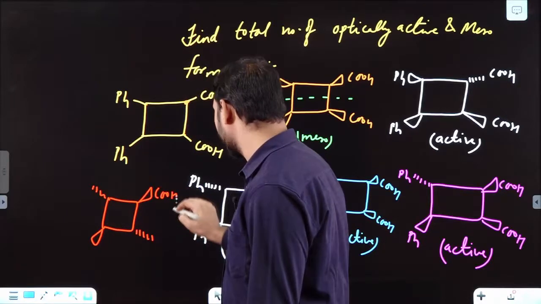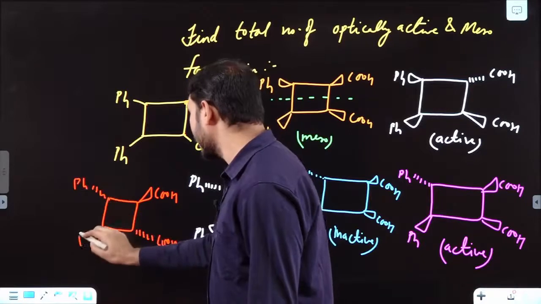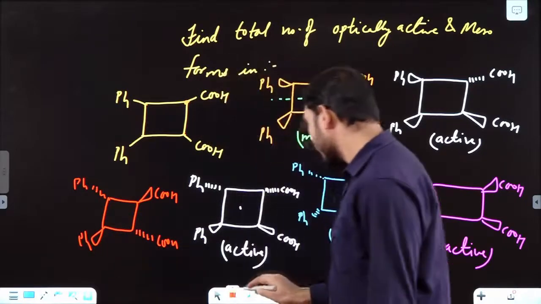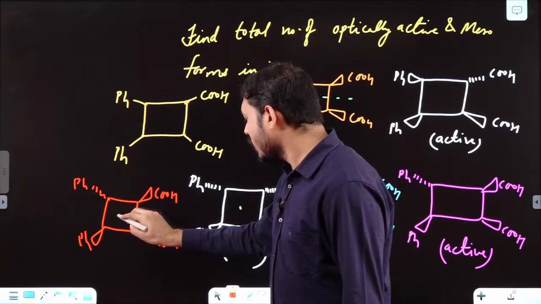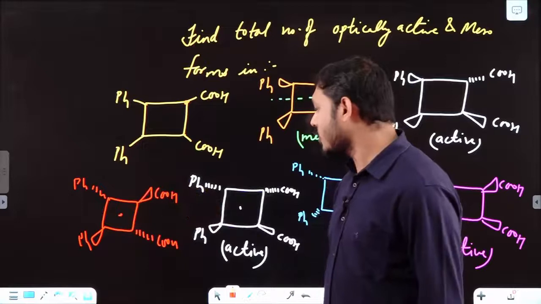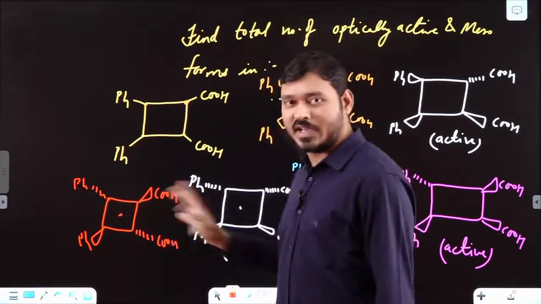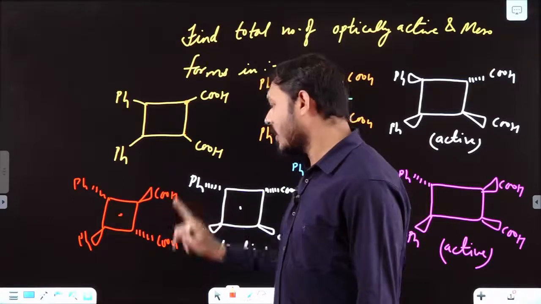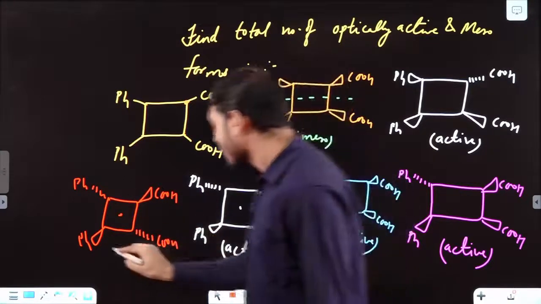This COOH, this COOH, okay, this OH and this OH. Now dear students, here you can see that this part, if I say this one, then in this one also, if you cut like this, it will be optically active only, right? So it is optically active. Why? Because it is not having POS, it is not having COS, so it is also